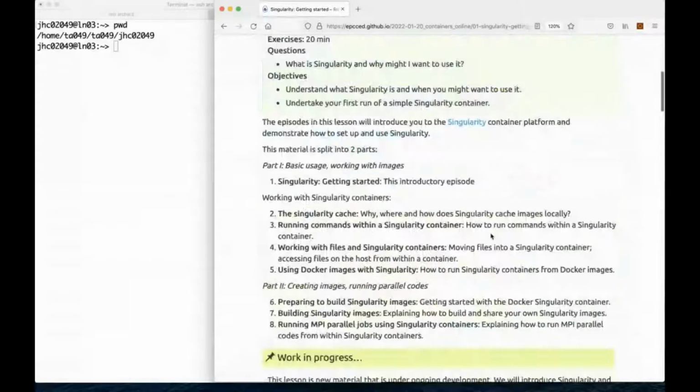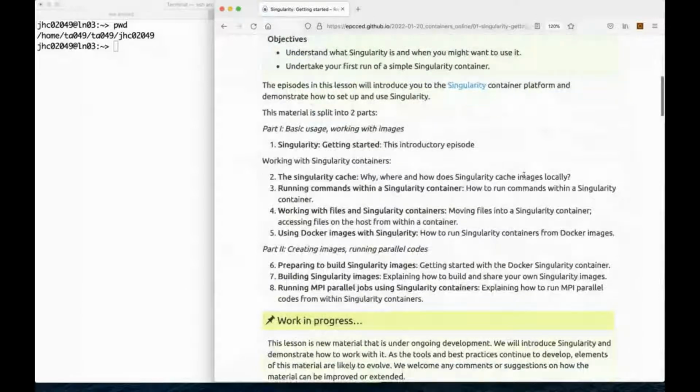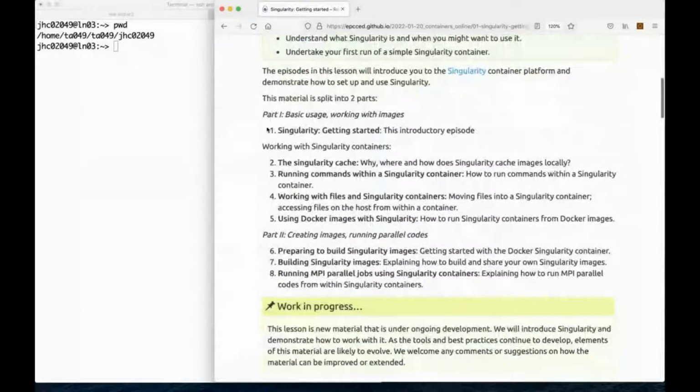So getting started with Singularity, the work that we're doing today is going to be in two general sections. So part one we're going to go through this morning, which is the basic usage, working with images, and we'll see a parallel to what we saw yesterday: how to get hold of images, how to run containers from them, and we'll look at some of the specifics of how Singularity works and how it differs from